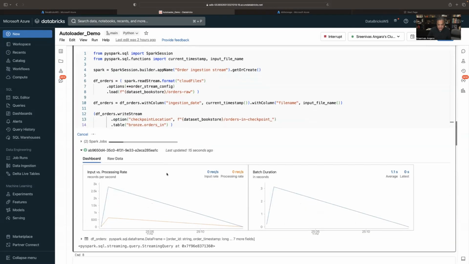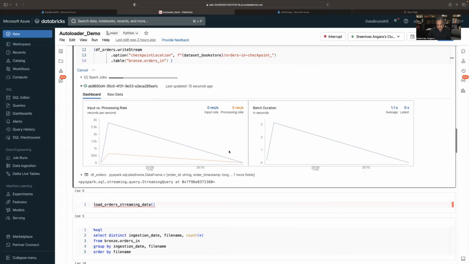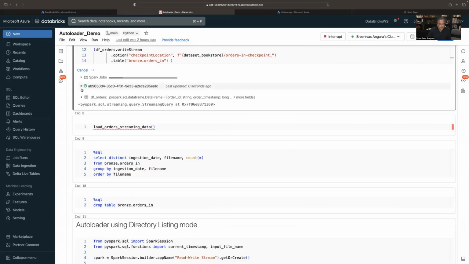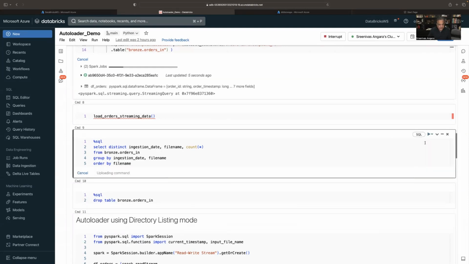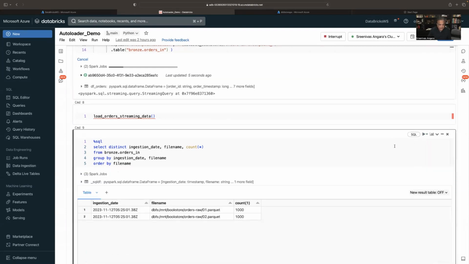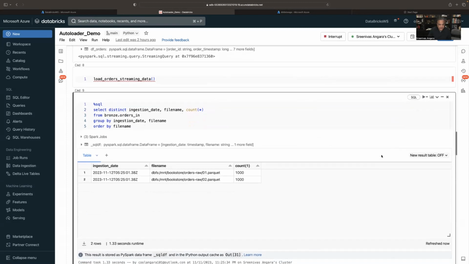We can see the high bar. It processed about 2,000 records here. I'll just minimize this and do a select count on the table. Here we go, we're seeing 2,000 rows in the bronze orders table,